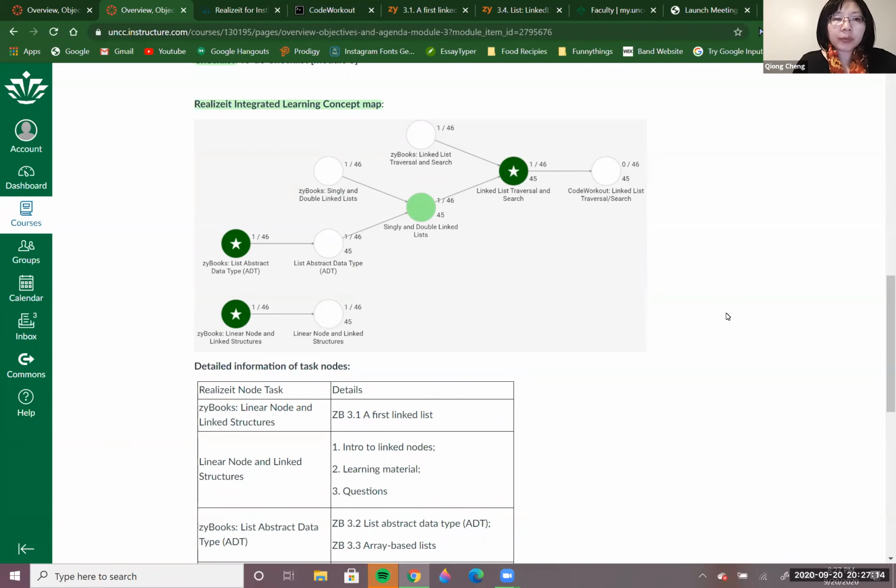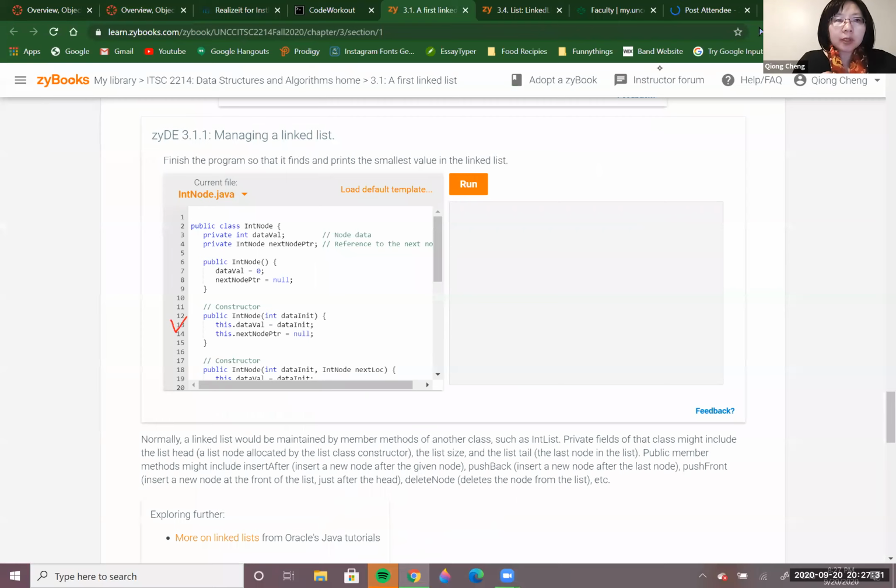In this video, we would like to discuss difficult questions in the textbook reading, and we emphasize the basic linear node and linked structure. The first question is,